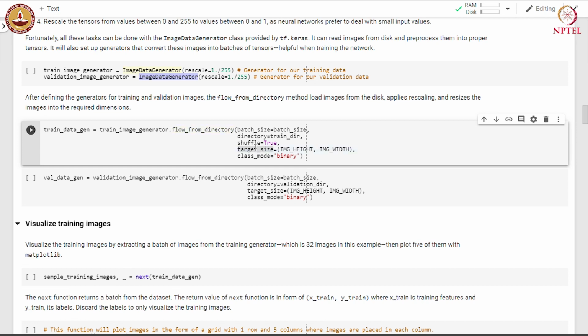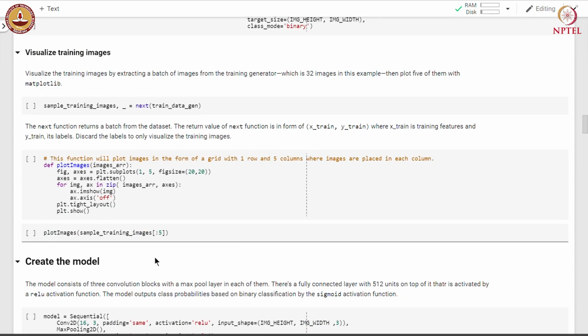Here the target image size is 150 by 150 and we want to shuffle the training data. We do not shuffle the data in the validation set. We also specify the batch size and the directories where data is stored.